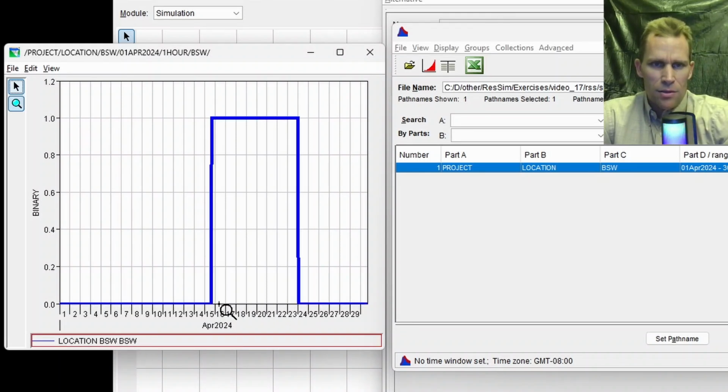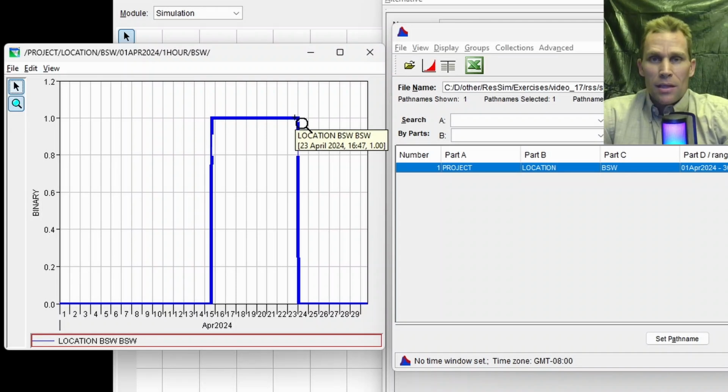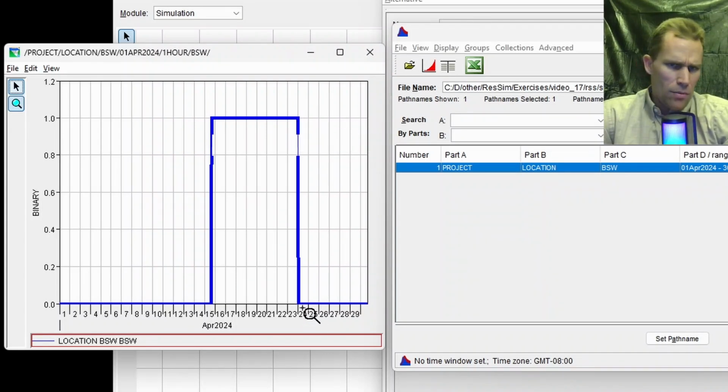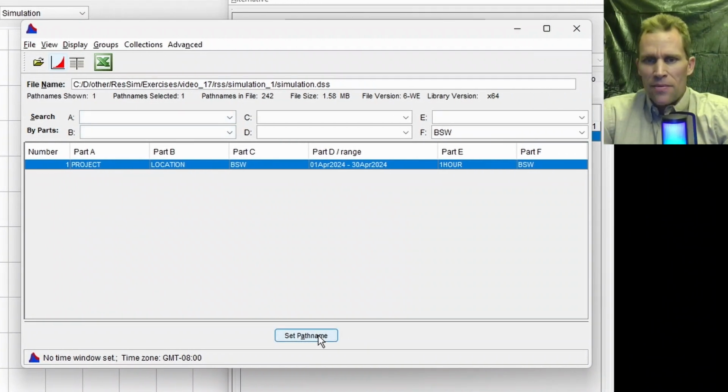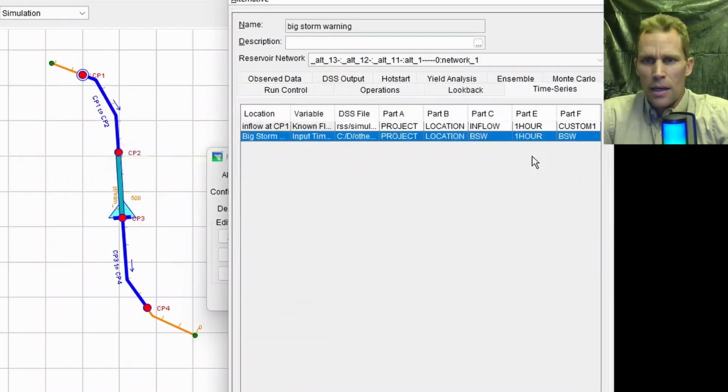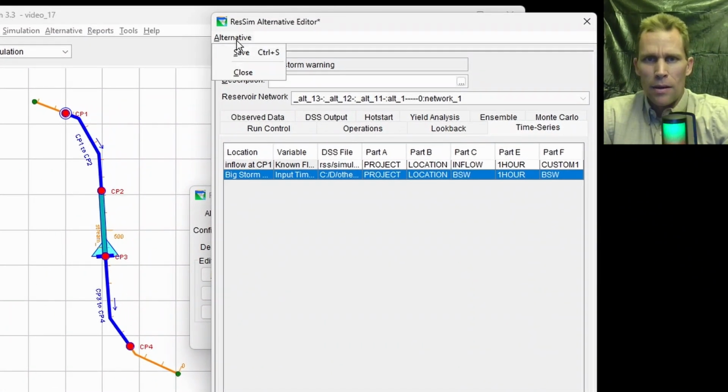So here's the plot. It looks like it's active from like April 15th through the 23rd, right? So it's either a 0 or a 1. So starting at this date, we're going to start releasing 3,800 CFS. That rule will no longer be active based on the if condition after like April 23rd. All right, so I'm going to click this set path name button, and then that populated into place. All right, alternative save, close that,